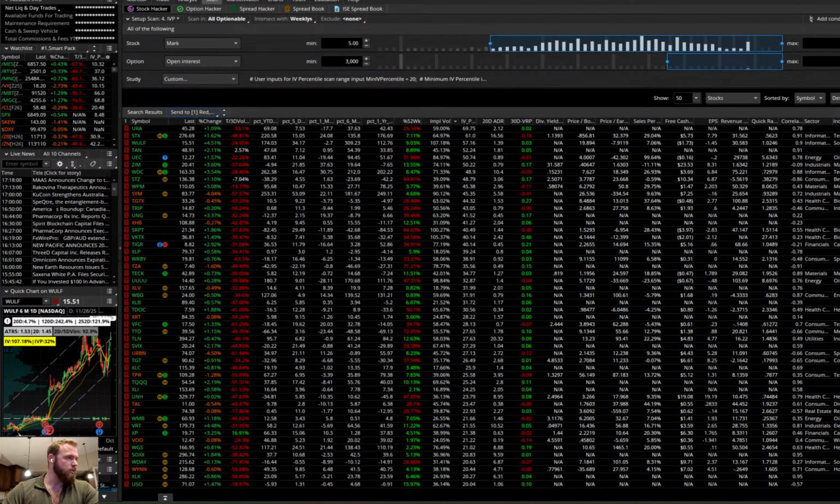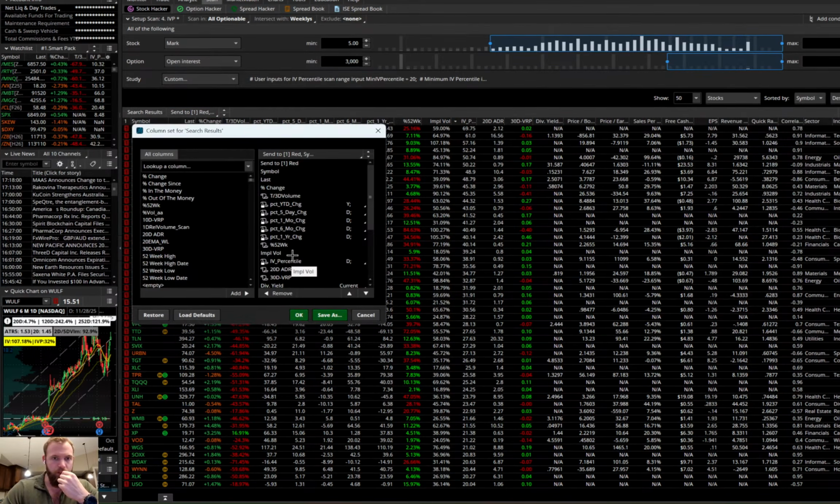And I'm actually really curious. I'm going to have ChatGPT build a column for us really quick. So create in, oh, I think, is this custom already? I wanted to show you the difference between implied volatility. Yeah, so this is implied volatility rank, which is incorrect. So create a column for Thinkorswim watch list that calculates the implied volatility percentile.